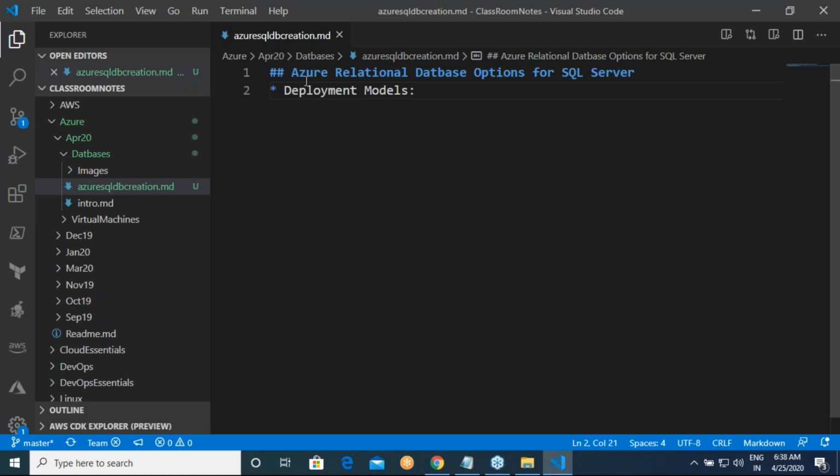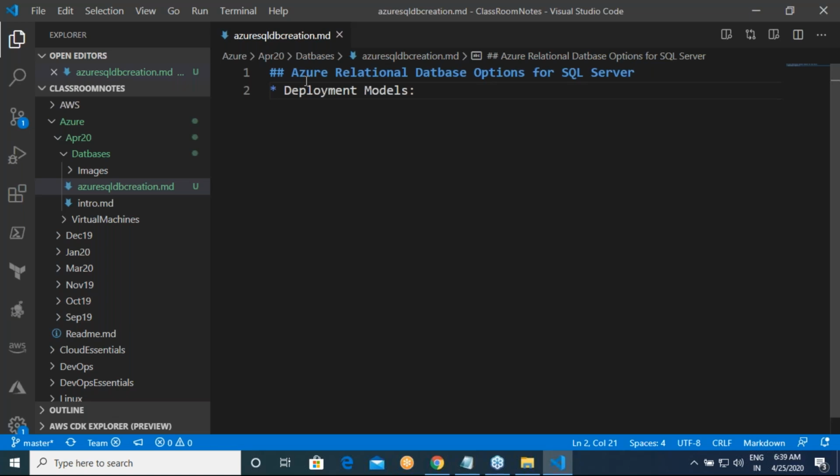Deployment model is, let us assume that your company wants you to create an SQL server in Azure. So how do you basically create it? And what are the possible models?